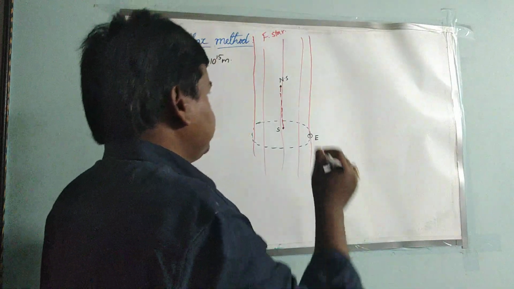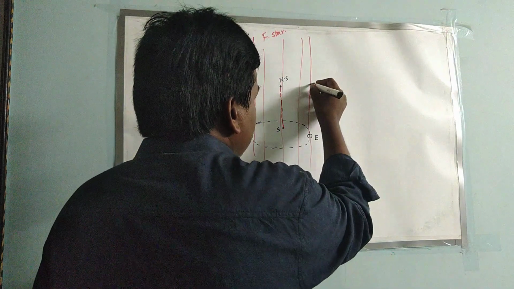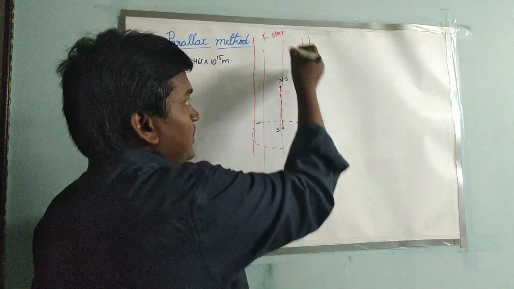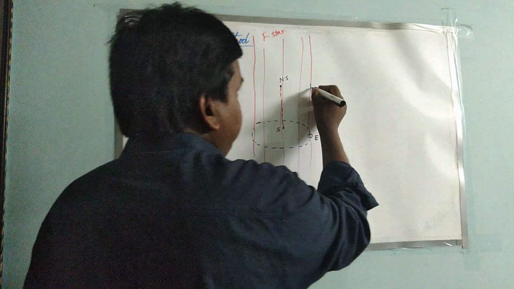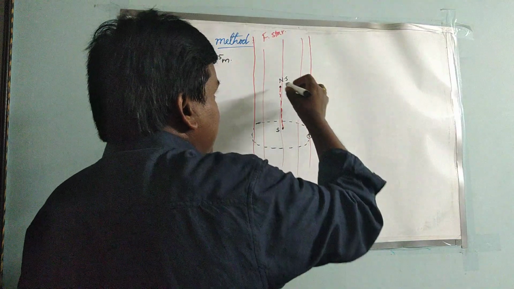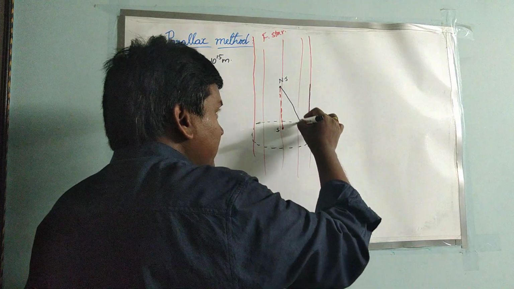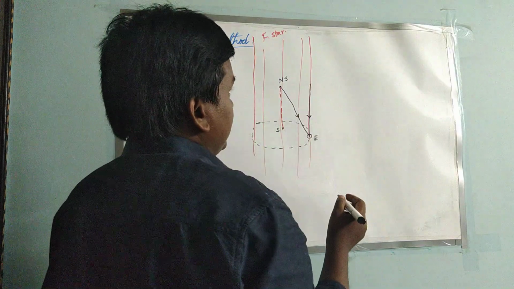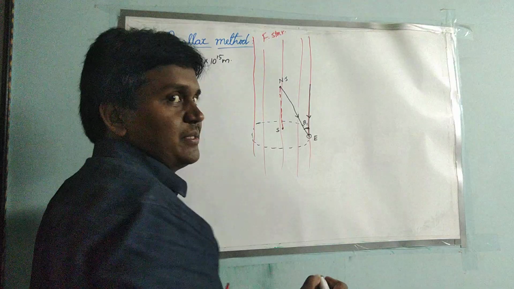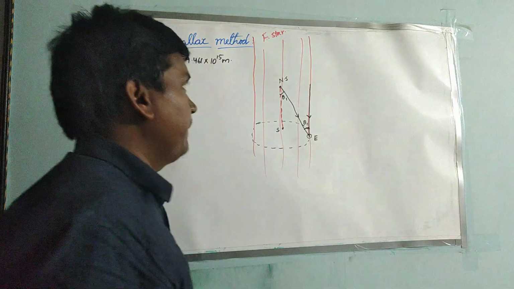Now if you consider the rays coming from the far star to the earth, these are parallel rays, as we discussed before. The far star is so far from the earth that the rays coming from the star will be parallel. And from the near star also, some rays will fall on the earth. So this is the ray from the nearest star. Here this is making some angle, which I am naming theta 1. If this is theta 1, this angle also will be theta 1.